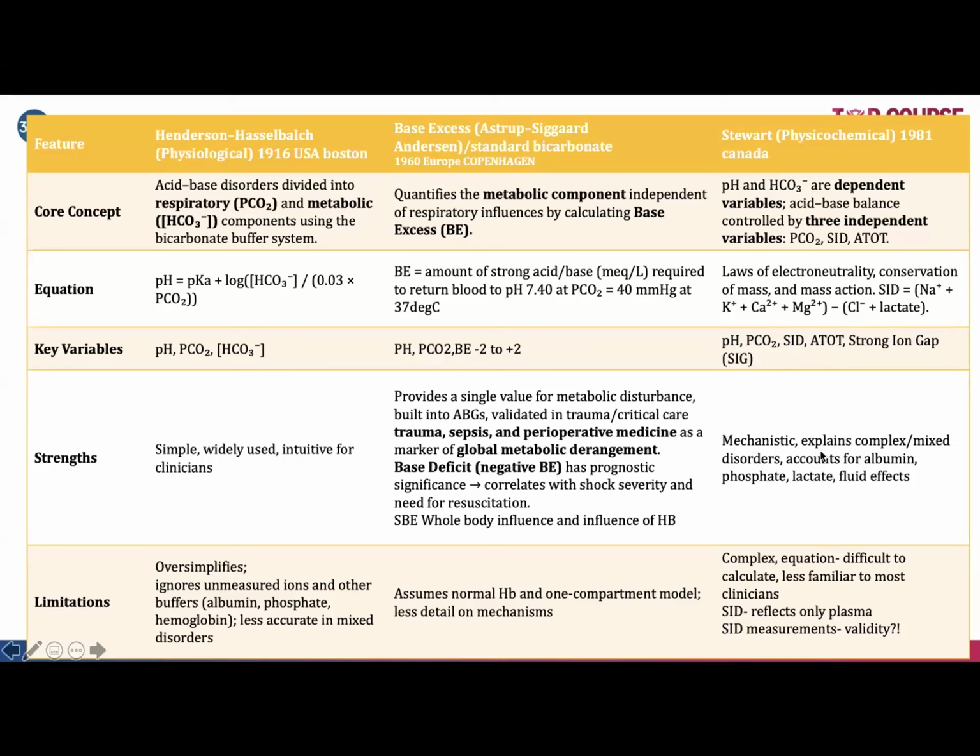So it is very complex. But still you will be able to identify what is the pathology or what is the reason for the acid base abnormality. So it is very important in kind of explaining the reason or etiology of the acid base problem. But it is very complex. The equation is going to be very difficult. You'll have to have a lot of variables that are available.